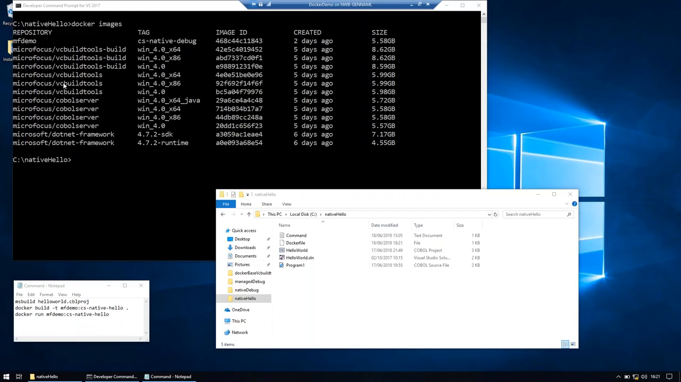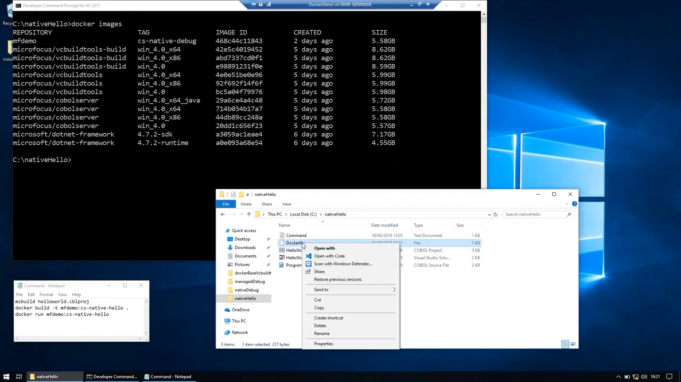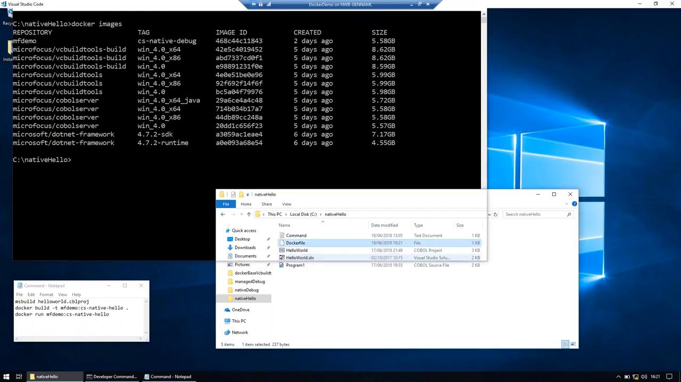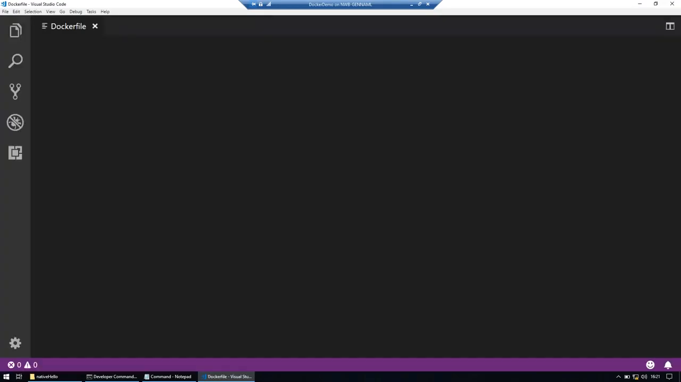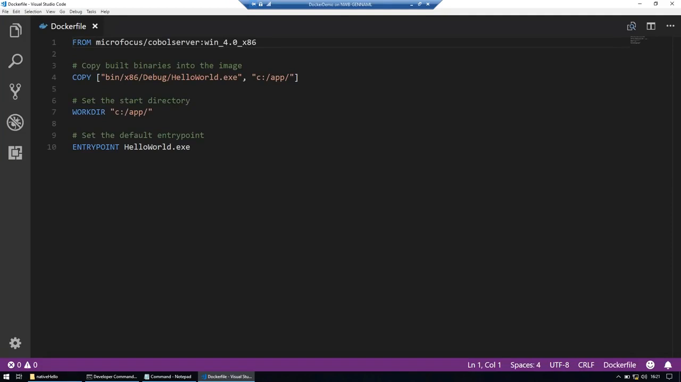So the very first thing you want to do when you want to deploy to Docker is construct something called a Docker file. A Docker file is essentially a series of instructions to Docker on how to construct an image for your application. This is the Docker file for my simple Hello World application. Right at the top, we have a simple from statement. This simply says that I want this image to be based off the Micro Focus COBOL server image. This contains the COBOL runtime environment, and it targets 32-bit applications. Next, you have